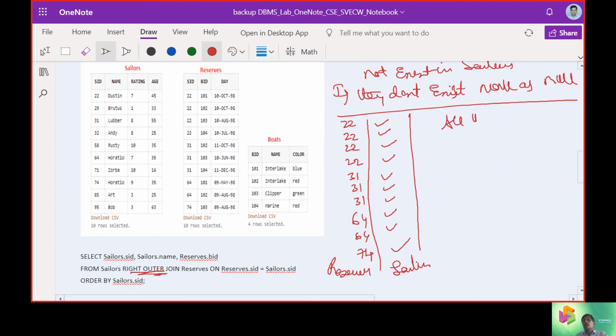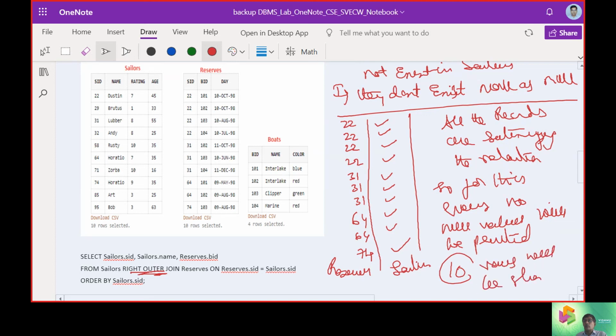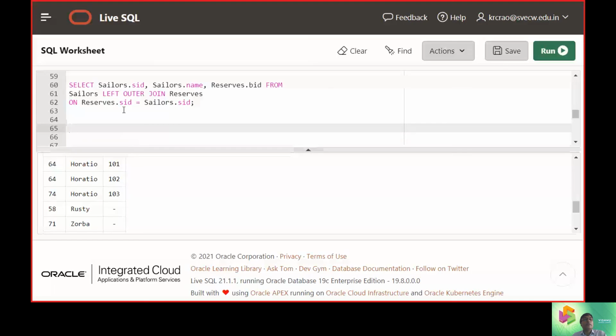So all the records satisfy the relation. For this query, no null values will be printed because all the 10 are going to be there. So 10 rows will be shown, and all the 10 are available in Sailors. That is the reason why we will not have much ambiguity here.